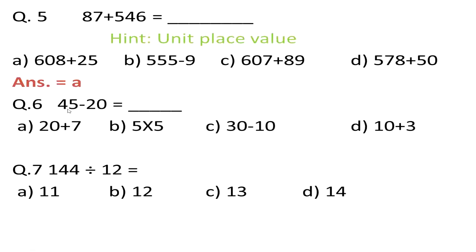This question is also similar to question number 5, that is 55 minus 20. Again, the direct answer is not provided. In the options, if we see, there are various mathematical operations: summation, multiplication, subtraction, again summation. Now here if we find out, we can easily get the answer, that is 25, which is our correct answer. Here 20 and 13. Now again we are going to use some clues, some tricks, or we can develop our own ideas for how to solve such types of problems. So our correct answer is option number B.